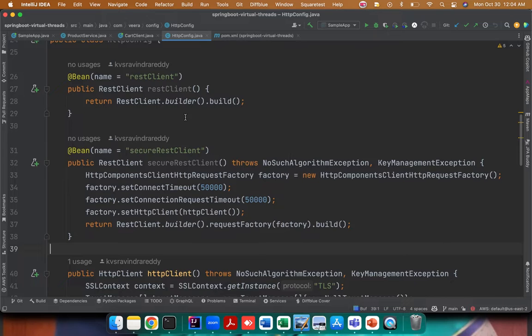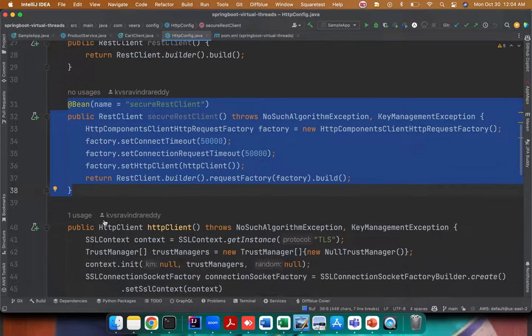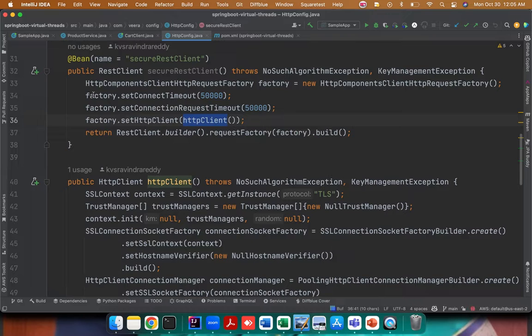So this is how I created two beans. One is the REST client, another one is the secure REST client. For the secure REST client, I'm going to set some connection timeouts and the HTTP client object. In order to set all these things, we need to have HttpComponentsClientHttpRequestFactory, or there is one more thing called SimpleClientHttpRequestFactory. And we need to pass the HTTP client object,